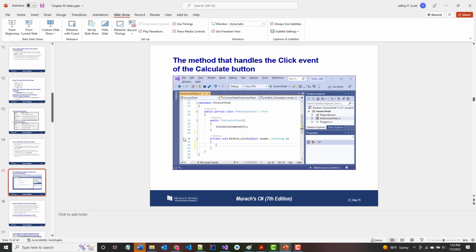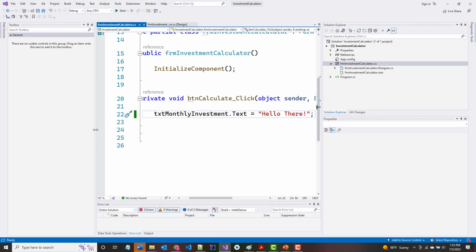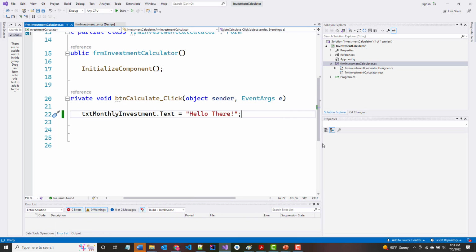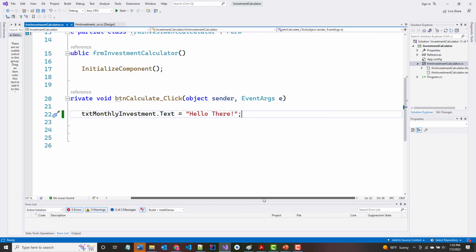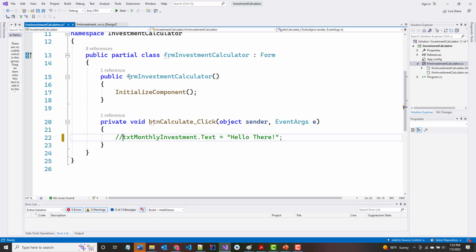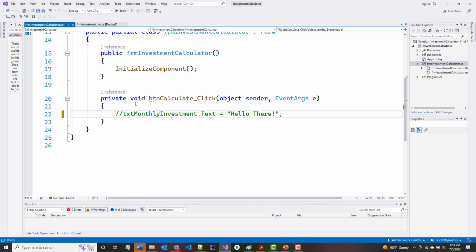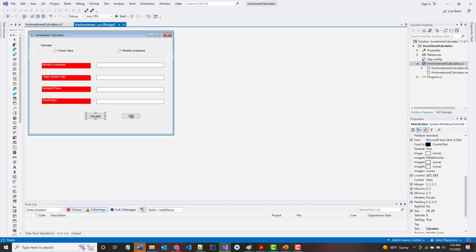Okay, so if I go back to what we had here, I'm going to remove this. We don't need it. In fact, I'll just comment it out. Maybe I'll bring it back later. But if you look right now, there's nothing associated with the exit button. Nothing at all. This one already has something associated with it. This one does not. But notice if I double click,